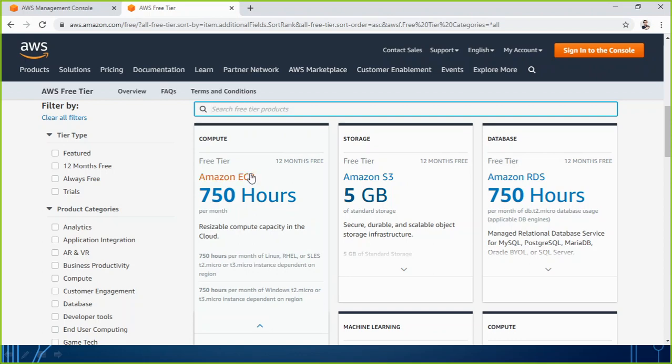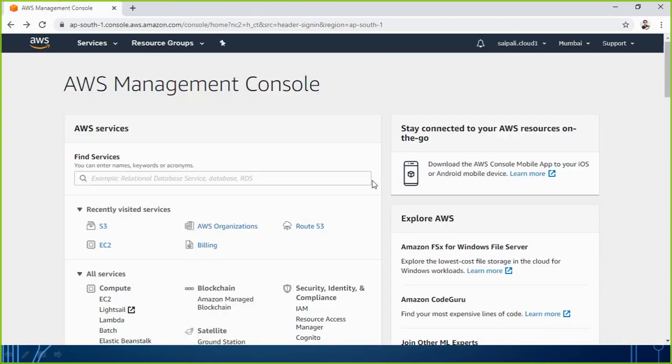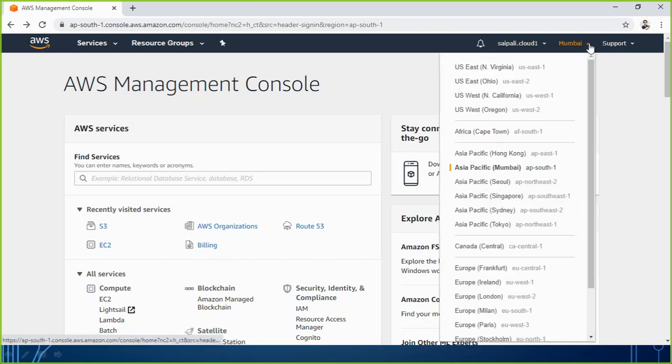The last thing I would like to discuss here is that maybe I have a free tier user account. How will I get to know how many active instances I already have? As I explained earlier, whenever you are creating an instance, please be careful, because EC2 is a regional service. So the first thing you have to choose is your region, where you want to run the service. So go to a specific region.